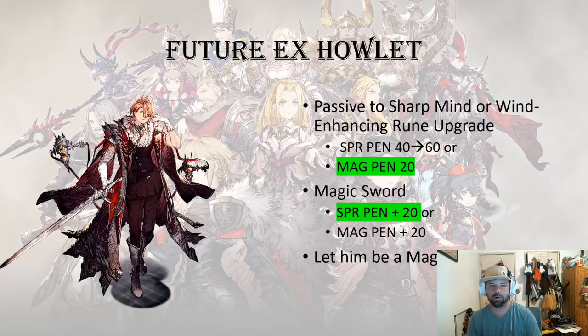So what could we hope for if we get a future Howlet EX? I'm sure we're going to get it, but it might take a while. I think if there was an upgrade to his spirit penetration from 40 to 60, that would now make him a 100 penetrating character. I think that's really good. I don't think that is his best in slot though for his passive. I'm kind of hoping that we get magic penetration,